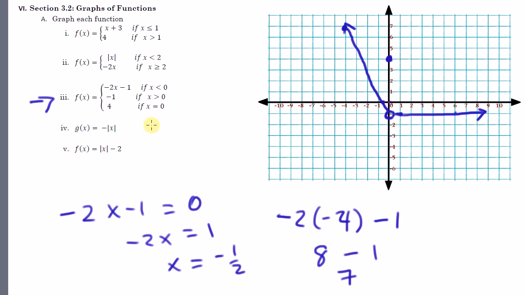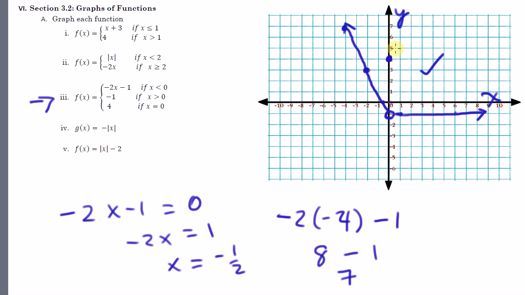We'll say -2. So -2 is less than 0, so -2 times -2 is a positive 4. 4 minus 1 is 3. So 3. And there it is. So it checks out. And again, label your axes, and